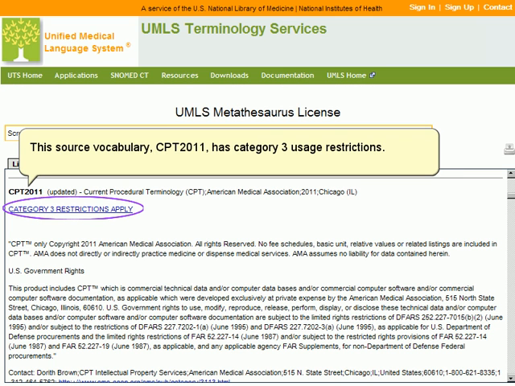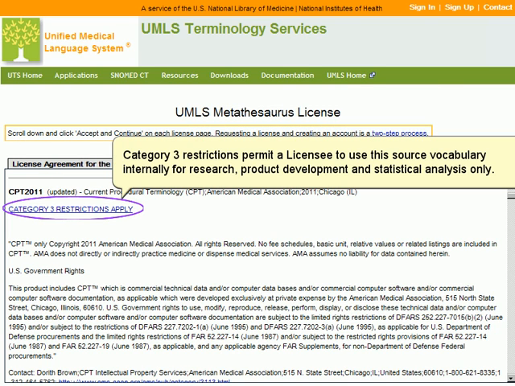This source vocabulary, CPT 2011, has Category 3 usage restrictions. Category 3 restrictions permit a licensee to use this source vocabulary internally for research, product development, and statistical analysis only.